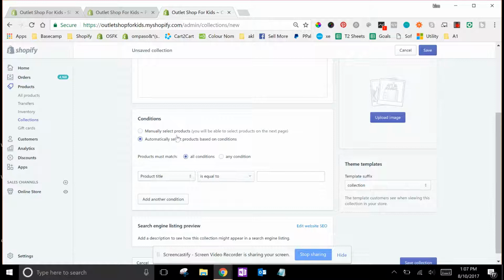If you've got a lot and you don't want to have to fuss with them and it's a very obvious category, I'd always set it to automatic. Something that's more esoteric that the computer can't decide for you what will go in it, you'd set it to manually. So we'll say the product title must contain